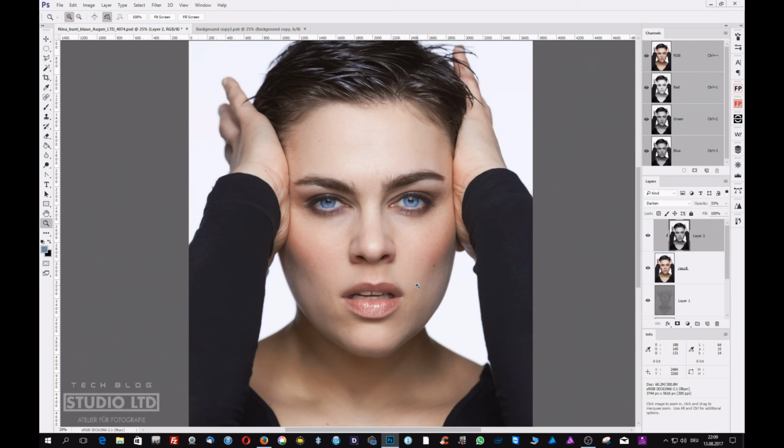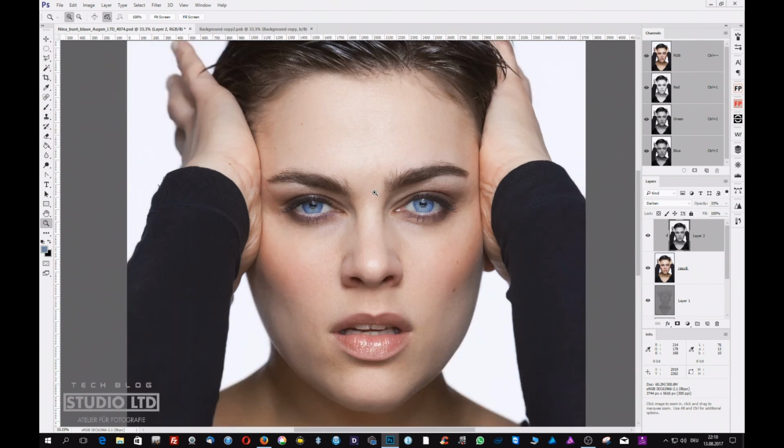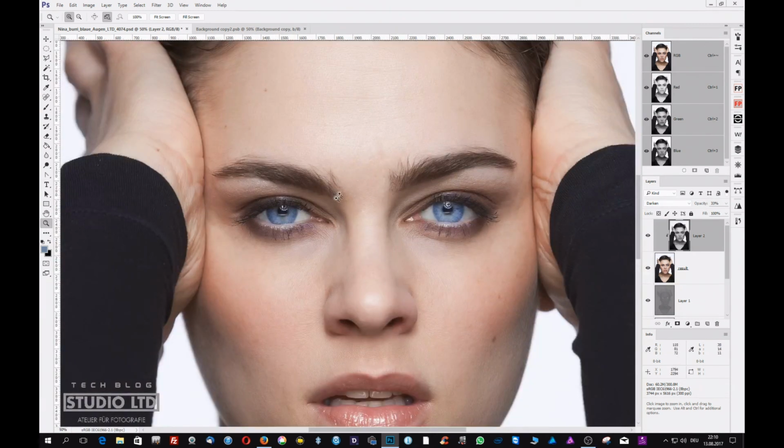And if you have series of different images of the same person, you don't have to do all these manual dodge and burn stuff. And if you do it clever, you can even build actions to create a series of pictures of the same portrait, and maybe in the end do some small retouch, like you would maybe if I like it, but if you don't like it, to have these eyebrows a bit uneven, you could do the retouching here. But use your channels, and I think this will save you a lot of time,